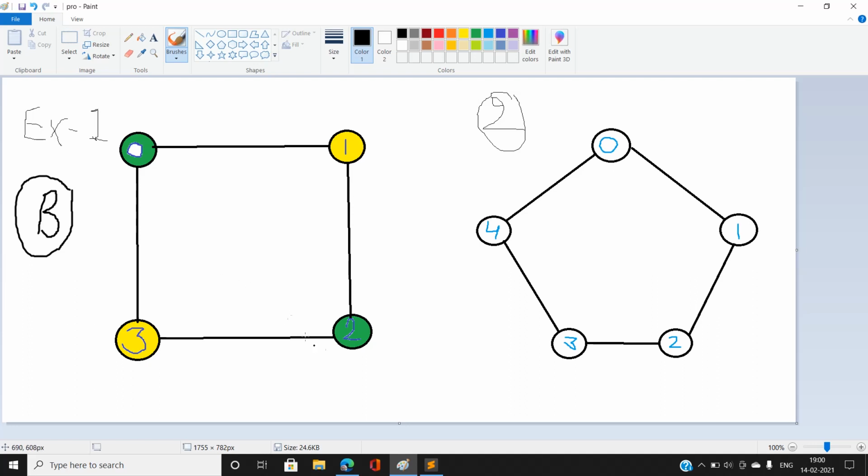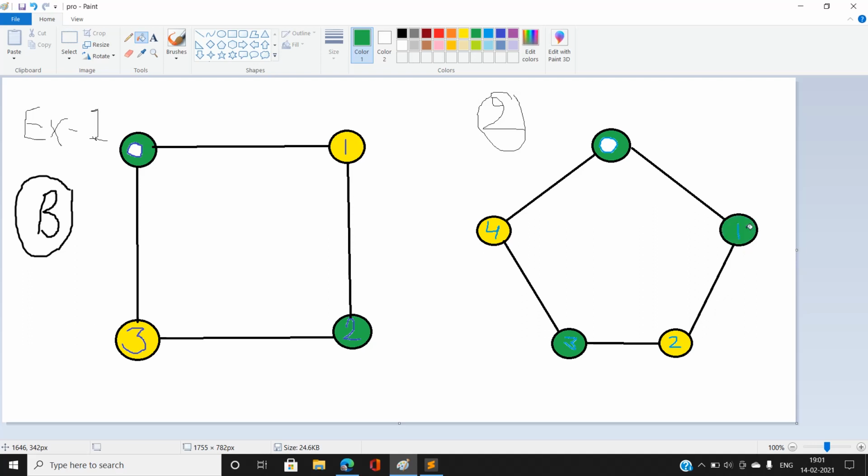How is this possible? Let's understand this with another example. Suppose I am going to fill the color of nodes with either of the two colors. Let us start now with 3. I am going to color 3 with green. Now the adjacent nodes of 3 are 4 and 2. I am going to color 4 with yellow and 2 again with yellow. Okay. Now what are the adjacent nodes of 4? That are 0 and 3. Note that 3 is already colored green, so there is no need to change it. I am going to color the neighbor of 4, that is 0, with green again, and 2's neighbor would be 1. Since 2 is colored with yellow, I am going to color 1 with green.